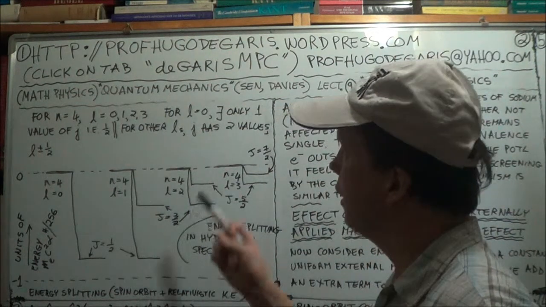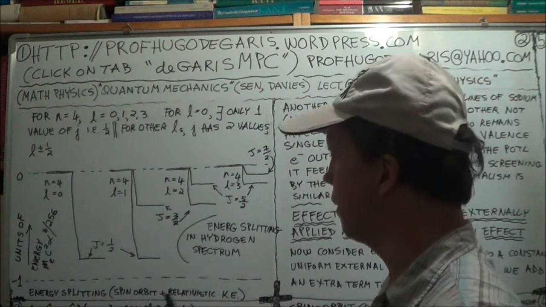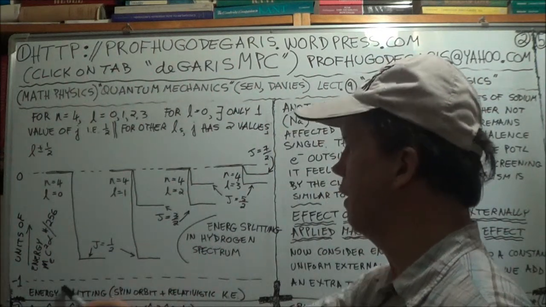This is for hydrogen. The energy splitting, combined spin orbit plus relativistic kinetic energy for